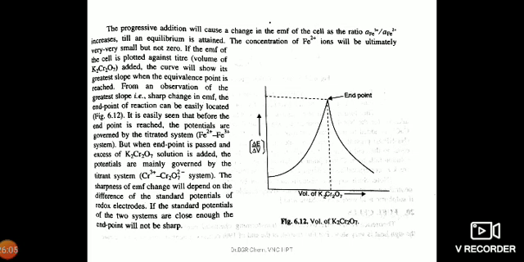For that point you get the equivalence point, and by using the normality equation N1V1 equals N2V2, you can calculate the normality of the ferrous sulfate or ferrous ammonium sulfate you have taken. It is very easy to perform the experiment, measure the readings, note them down and plot the graph of delta E by delta V versus volume of potassium dichromate. You can get an easy end point there. The end point is very sharp, and that is why we get very accurate results by means of these potentiometric titrations.